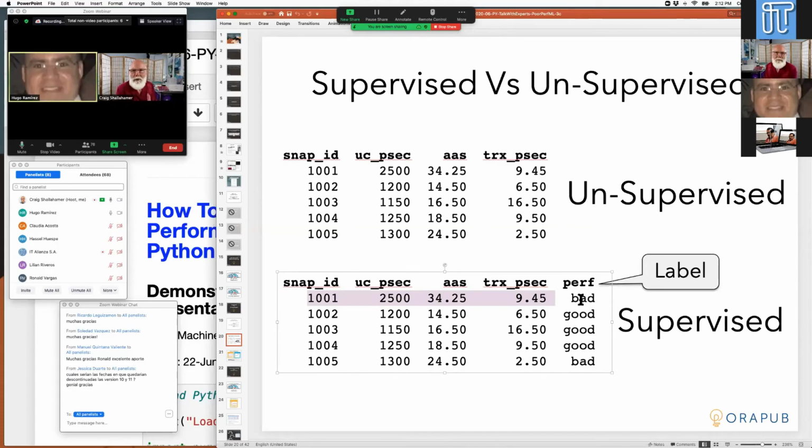Now, most DBAs will say, well, let's just create a formula or some rules to derive whether performance is good or bad. Muchos DBAs dirán, bueno, creemos una fórmula o un procedimiento para decidir si es un buen o mal